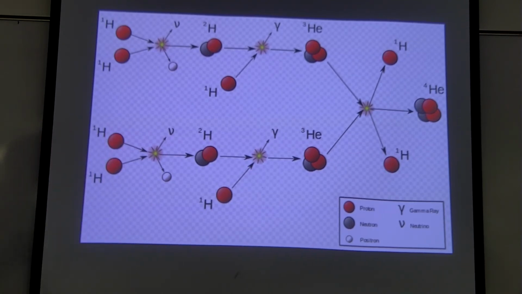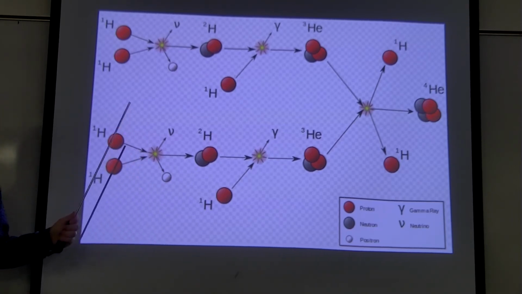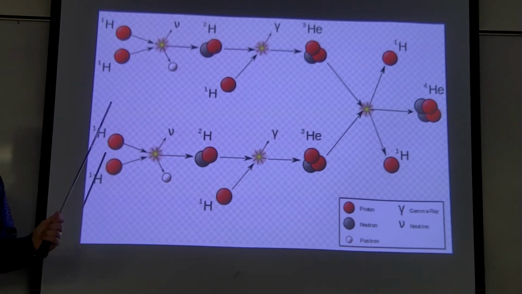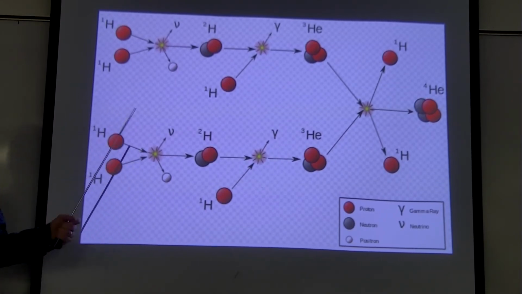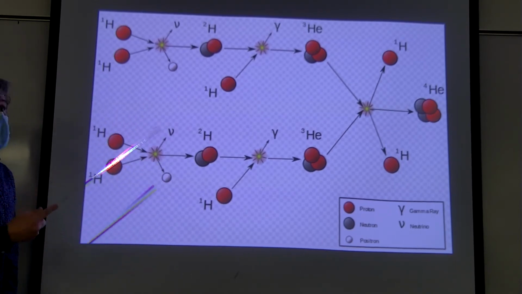Okay. So yeah. By the way, the sun burns about 700 million tons of hydrogen every second, and will do so for 10 billion years. Right? That's how big the sun is. That's how much fuel it's got. But where does the energy come from?